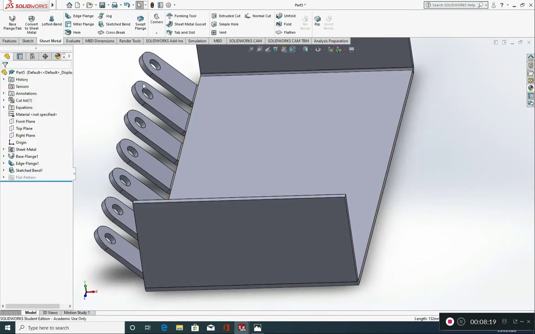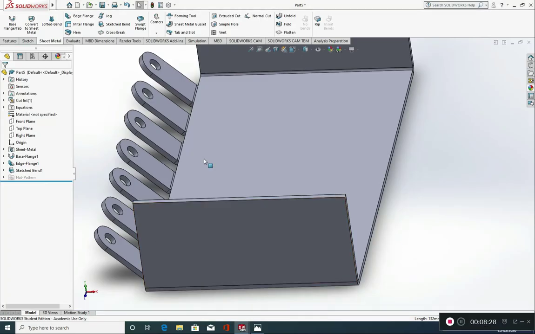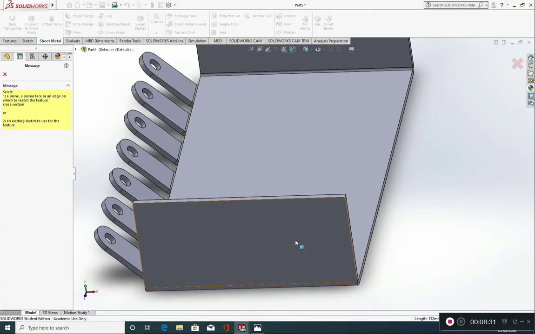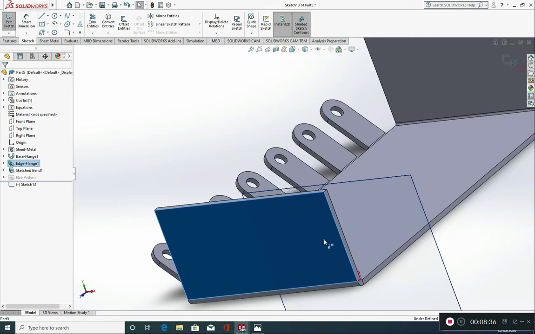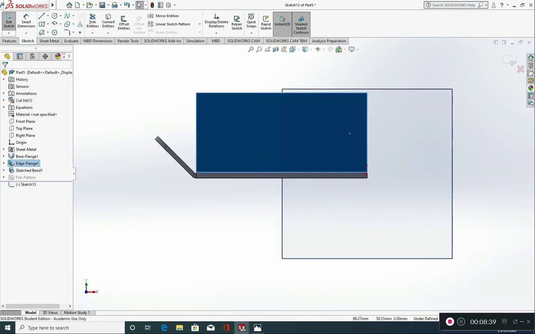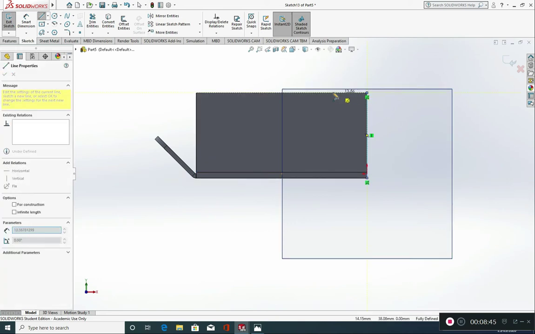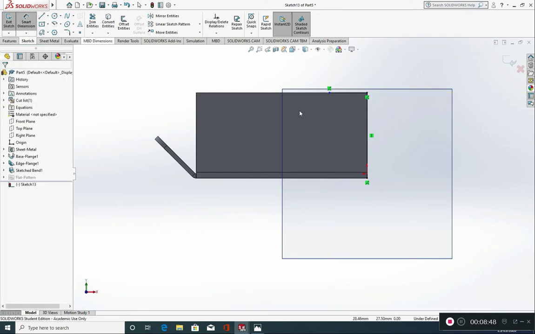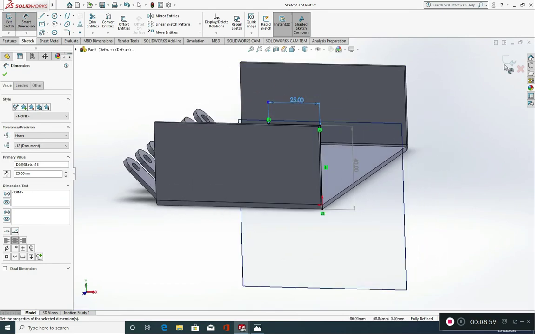We also need to produce a mitre flange on this side. Here's our mitre flange. To do that, we're going to go to mitre flange. We're going to pick up this edge. We're going to click on this face, Control 8, line, sketch a line up and across, and give it some smart dimensions. So this should be 40, and this we need to be 25. Just exit the sketch,